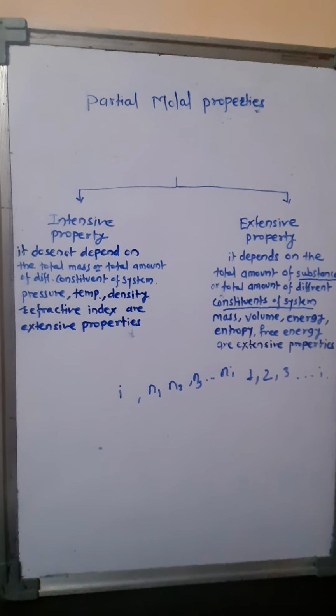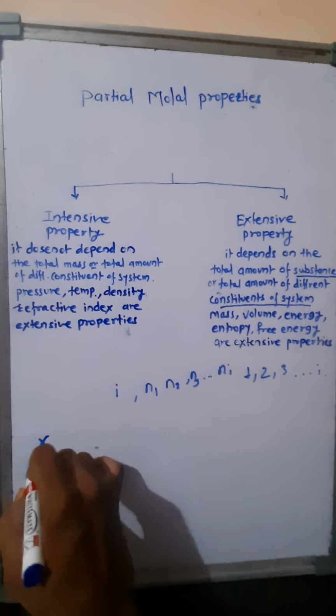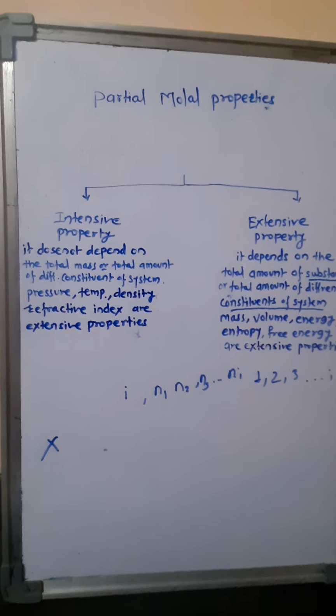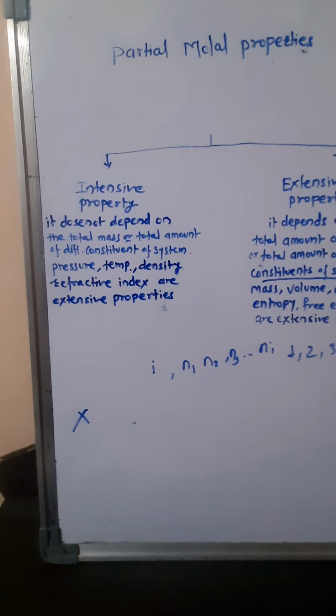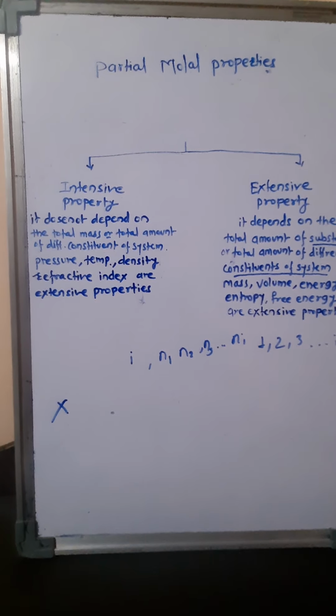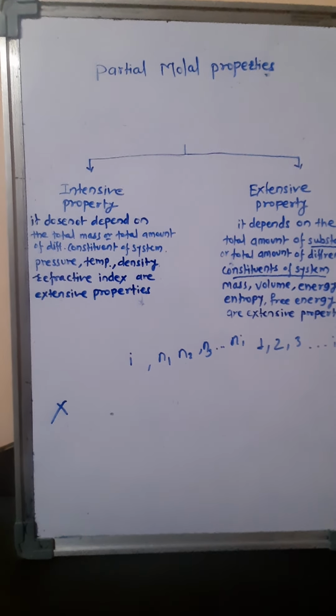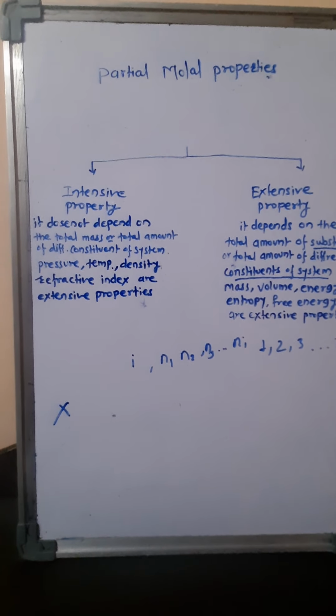Let X be the thermodynamic extensive property of the system. Its value is determined by the state of the system, that is the temperature, pressure and the amount of various constituents